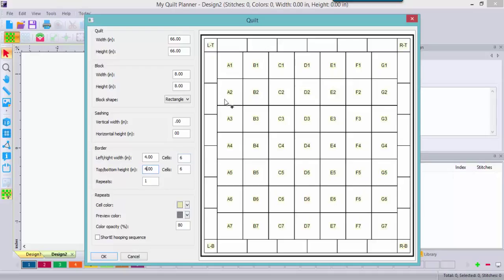Since I have 1, 2, 3, 4, 5, 6, 7 blocks, I'll go ahead and change my cells or hoopings to 7. Now, the repeats, the cell color tells the software what design you would like to populate all blocks that are similar. So I want the same design to fill all of my 8-inch blocks. And I'm just holding down the left mouse key and dragging across the field,